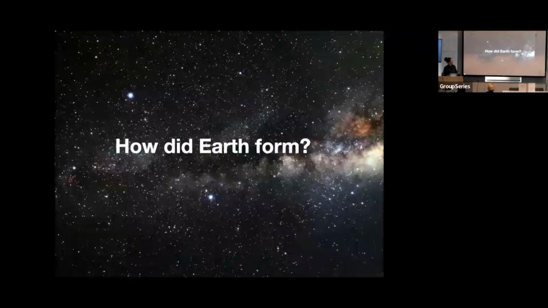Studying these exoplanets can help us answer what I think are some of the most fundamental questions that astronomers have, such as how did Earth form? Earth is special. Nothing else in our solar system is really like it. We have an abundance of liquid water, but we also have other properties that we think may have been important for the evolution of life, such as a very thin lithosphere, which gives us geographical relief, which may have been important in things like evolutionary drivers to geological pressures, for example. So understanding how Earth formed and why it's different is really important.